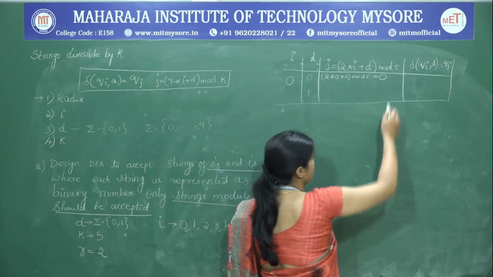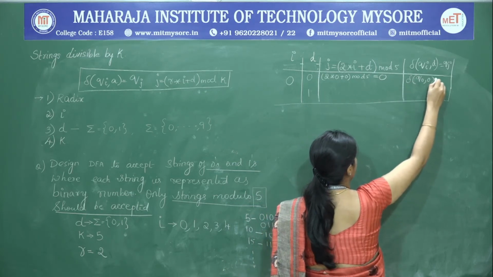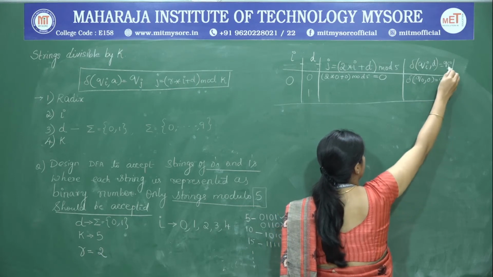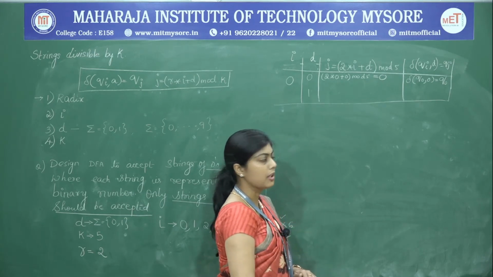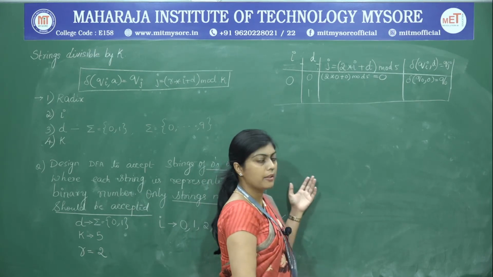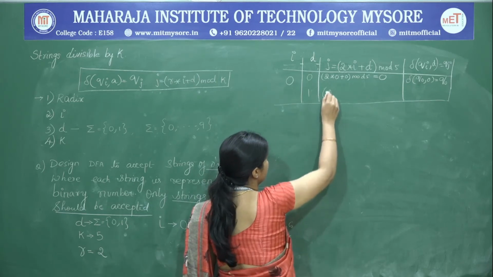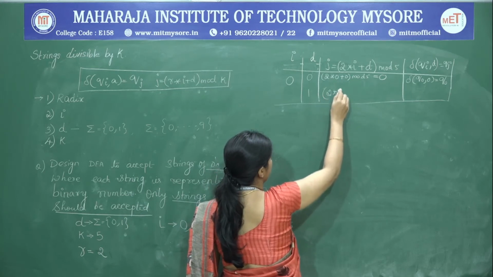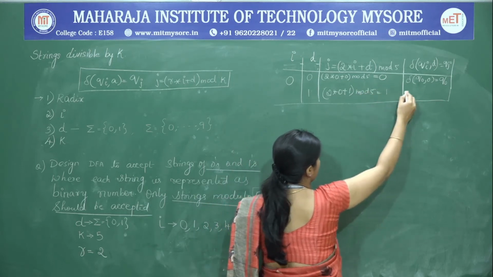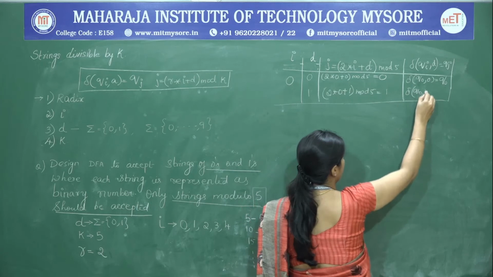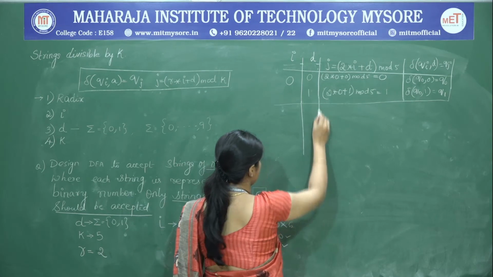So this value is going to be 0. Once you find out that it is 0, we are going to write here delta of Q0 comma 0 is equal to Q0. We are going to substitute the value of j here as 0. So we have found out the first transition of the DFA. Next we are going to formulate all the transitions of this DFA to complete the problem. So second one, similar calculation, 2 into 0 plus 1 mod 5. So this is going to result in a 1. So this is delta of Q0 comma 1 is going to Q1. So similarly, we'll find for the rest of the states.